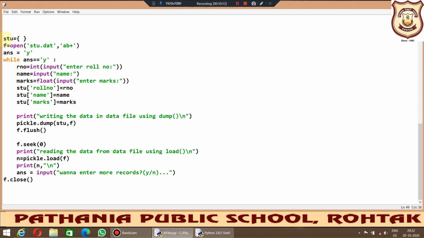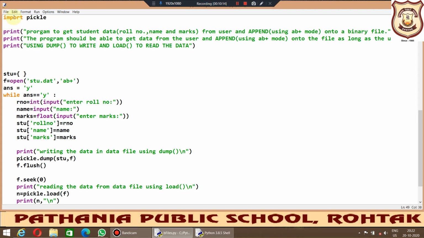Firstly we have imported the pickle module because we are going to implement the dump function and the load function. Okay, so this module only supports these two functions, so it must be imported at the very beginning, right? Then after it we have initialized this student dictionary.